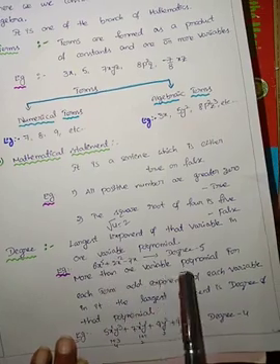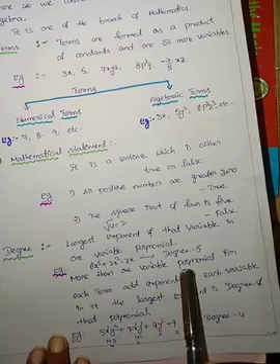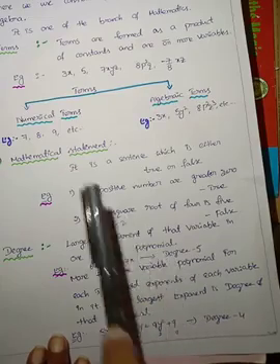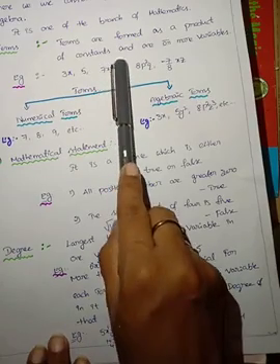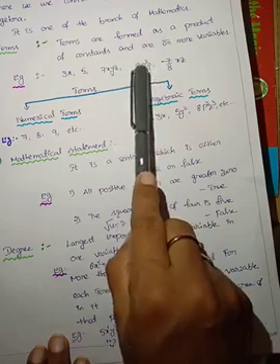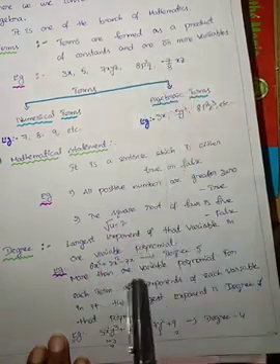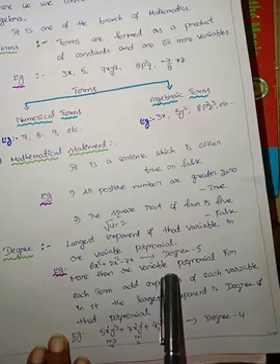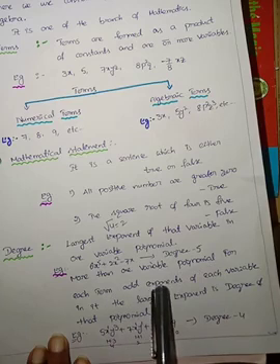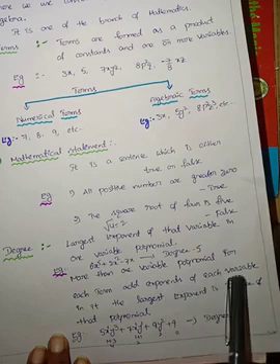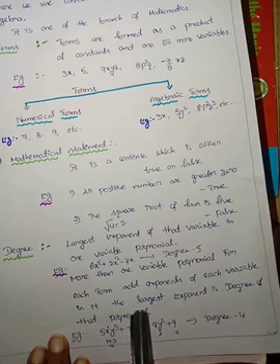Now, more than one variable polynomials. This is the one variable polynomial. If we have a more than one variable polynomial, here 7xyz has x, y, z, 3 variables. P square q has p and q, 2 variables. Xz has 2 variables. If we take a more than one variable polynomial, we add the exponents of each variable in each term, and the largest sum is the degree of that polynomial.